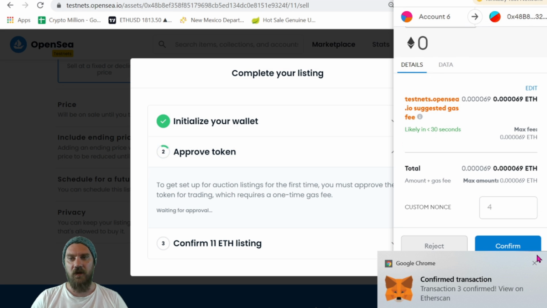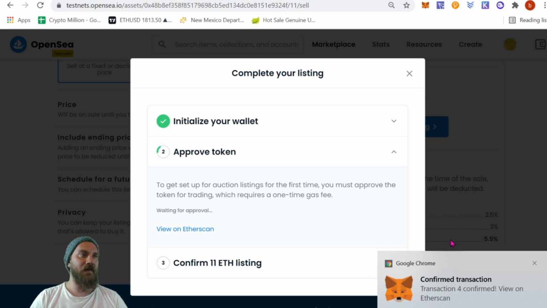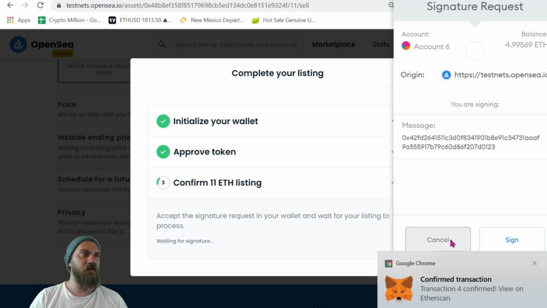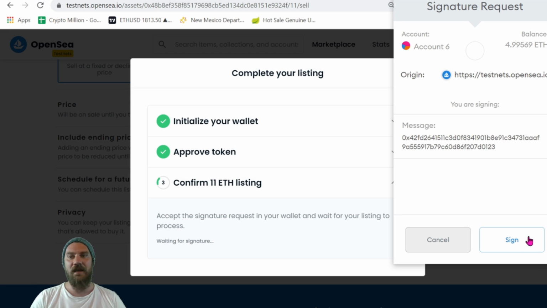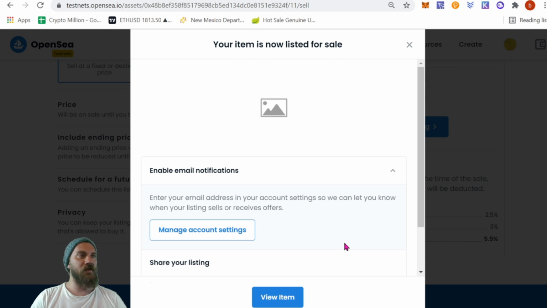There we go. Again, we're going to confirm and pay another little fee. So again, guys, this is why we're doing everything on the test network, because these things can get pricey on the Ethereum network. You want to make sure you have all your wrinkles ironed out and everything exactly how you want it before you start paying Ethereum on the main network to launch your contract. So always do your due diligence. Make sure you do a lot of testing here on the test net. Get everything exactly how you want it to be before you start spending all that ETH.